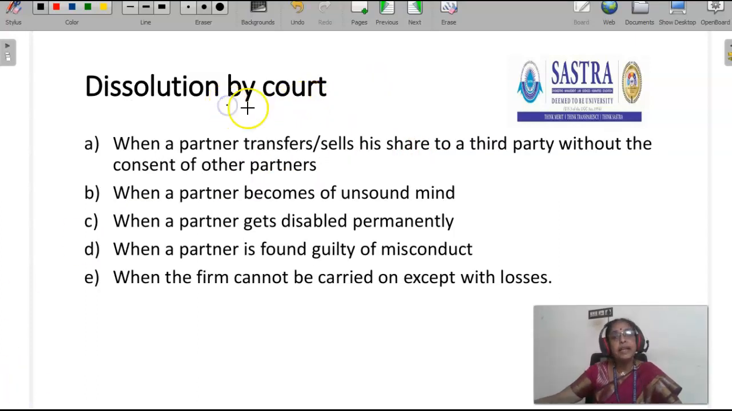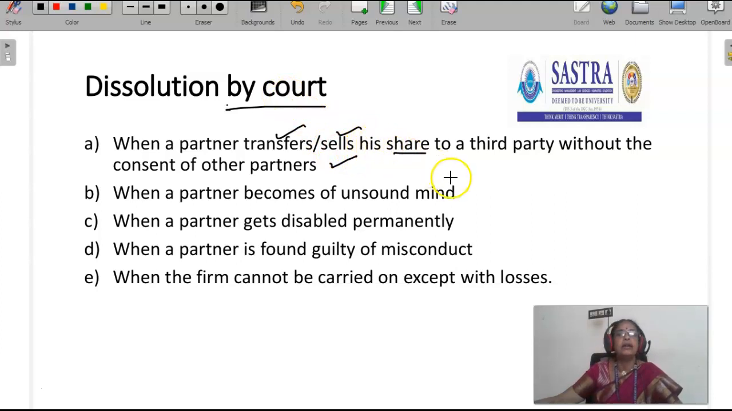Then dissolution by court. Sometimes the court interferes and dissolves the partnership firm. These are all the circumstances. First one, when a partner transfers or sells his share to a third party without the consent of other partners. Without the consent of other partners, if any one of the partners transfers his share or sells his share, the court will interfere and the firm